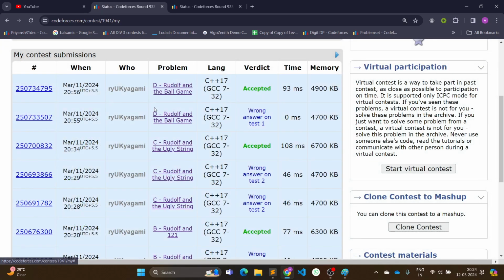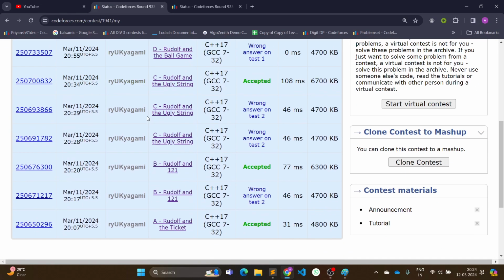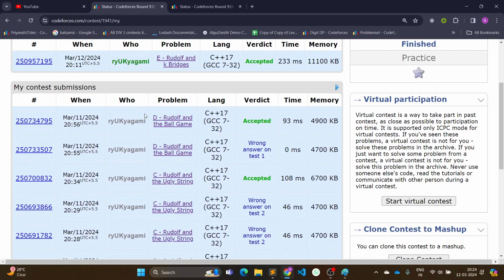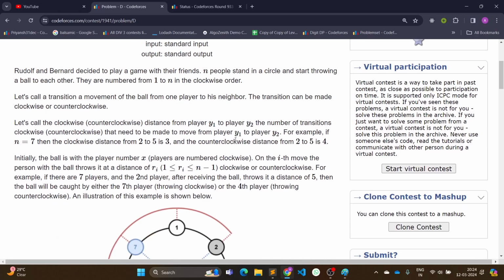And I think this problem is 900, or I think it's 800 rated. Cool. Okay. Now we go to problem D. So problem D was basically Rudolph and Bernard are